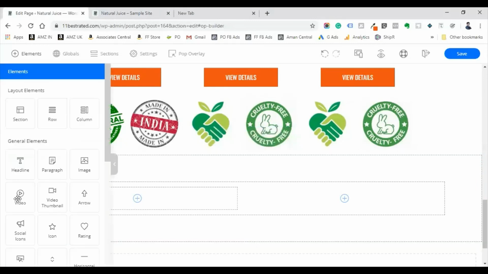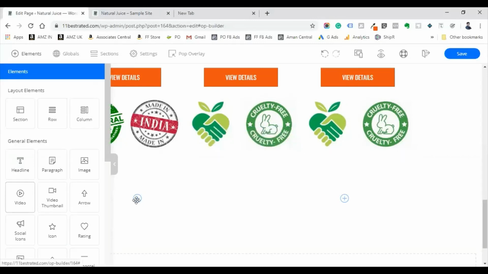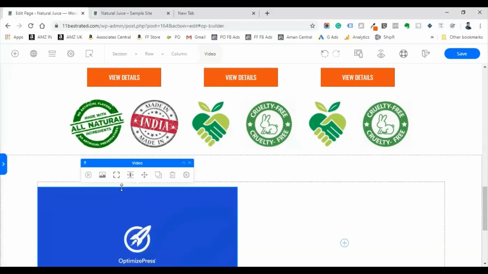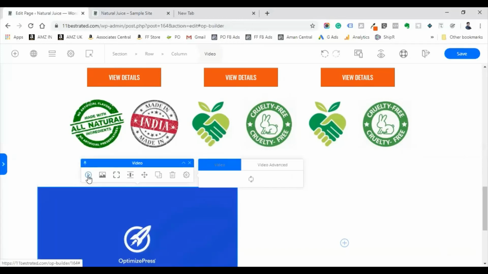To add a video element, here is a video element. You just have to pull it here, and you can use videos from Vimeo, YouTube, or Vista, whichever video hosting service available there, you can use it here. All you need is that video link.